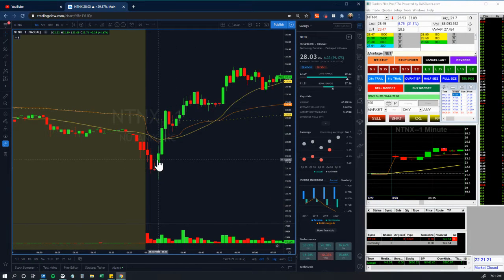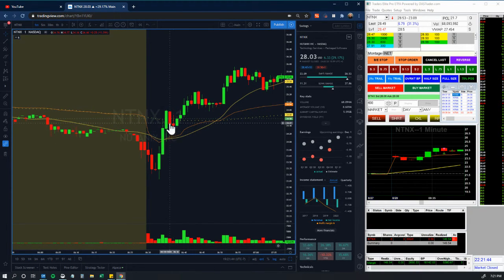So that 34 was right here, right when it was approaching that level. I waited a little bit longer, but I didn't get in at the best price. But I got in at 24.58, and so I went short 24.58, which was right here, and then I'll draw a horizontal line, and then I got out in two trades. So I took my partial at 24.26,